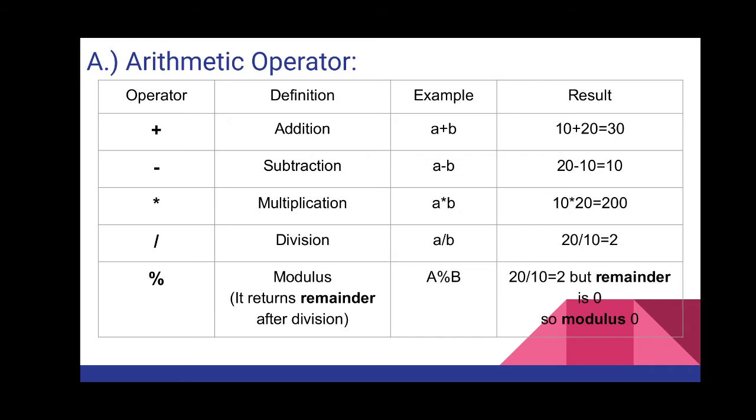So the first group of operators is arithmetic operators. Arithmetic operators we have been studying since our school days, that is simple addition, subtraction, multiplication, division, right? And the new operator which we saw is the percent sign, that is called the modulus, which will return us the remainder of the division, right? So arithmetic operations generally return a numeric value, right? So it could be addition of numbers, subtraction of numbers, multiplication, division, or modulus. So we will be returning some numerical value.